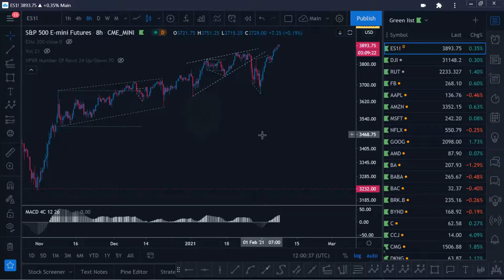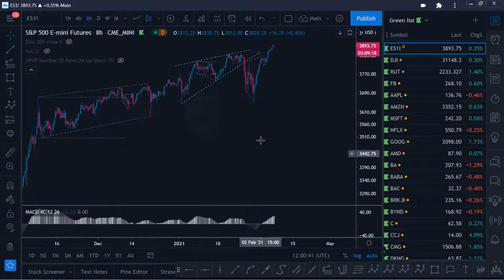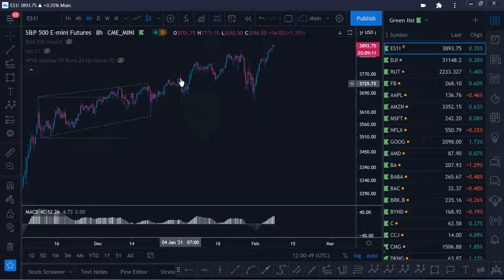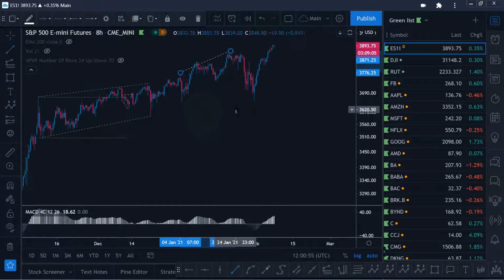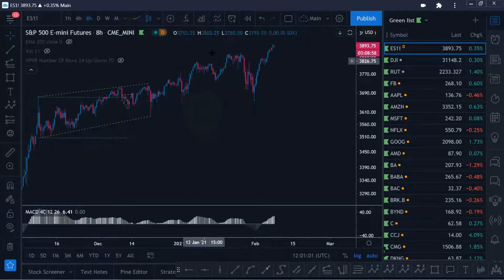Starting with the S&P, you can see that price action has been pretty wild over the last few days. It's been very difficult to judge exactly what we're seeing here. Kind of leaning towards potentially one of two scenarios. Either we're looking at just some kind of wild expanding flat in here somewhere, or we're actually looking at a bit of an expanding triangle, something along the lines of